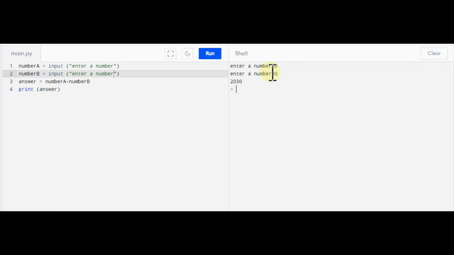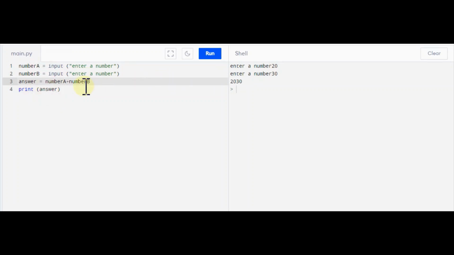Now, the reason why it's done that is because in computing, you have to tell the computer what kind of data you are working with, and its default position is to assume that something is text. So in this instance, it's taken the number 20 that we've put there, thinking it's text, and added it to the number 30 as text, and so therefore it's just placed them next to each other. If you wanted to do an actual sum, you need to tell the computer that it's working with numbers. So the way that we do that is,